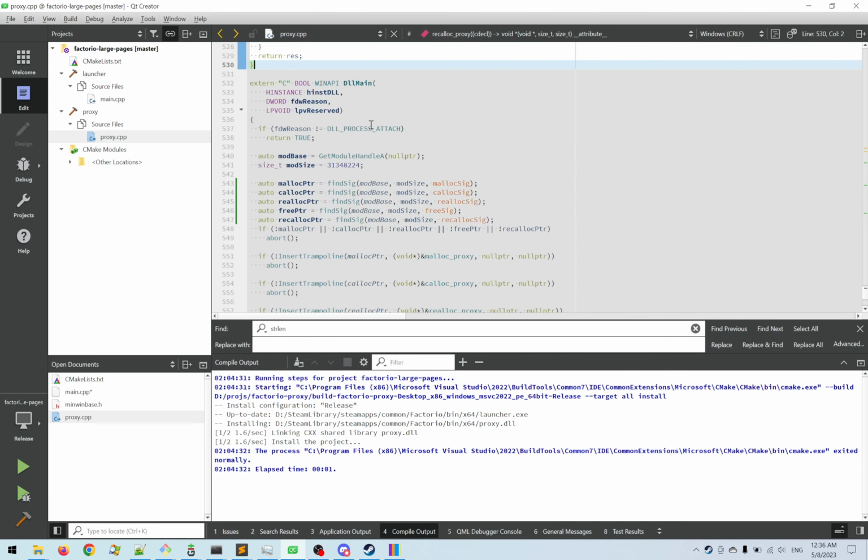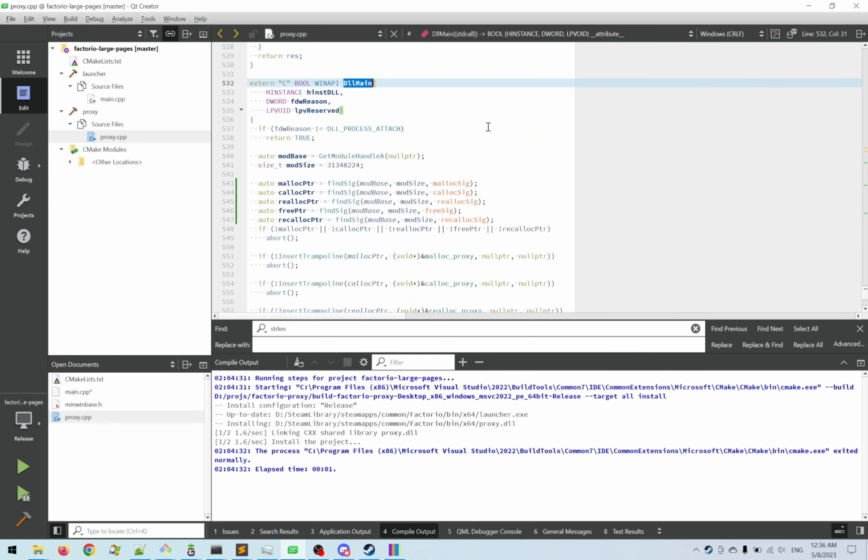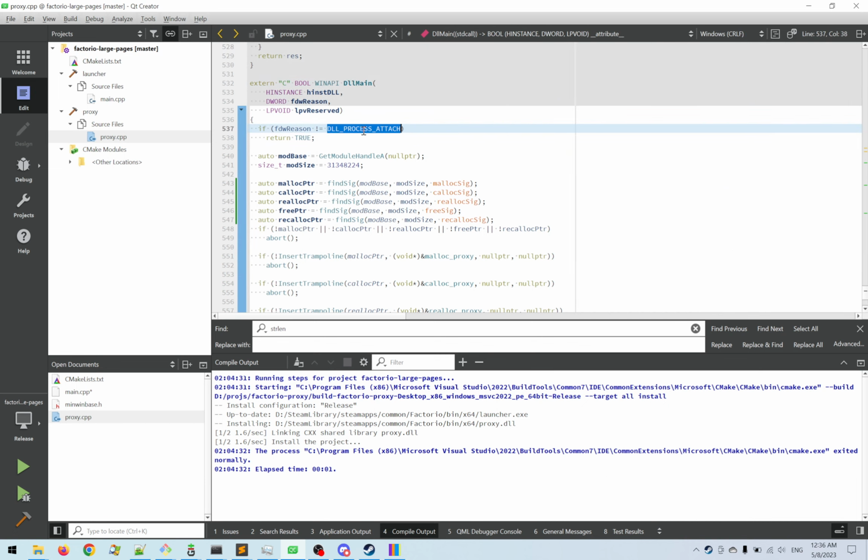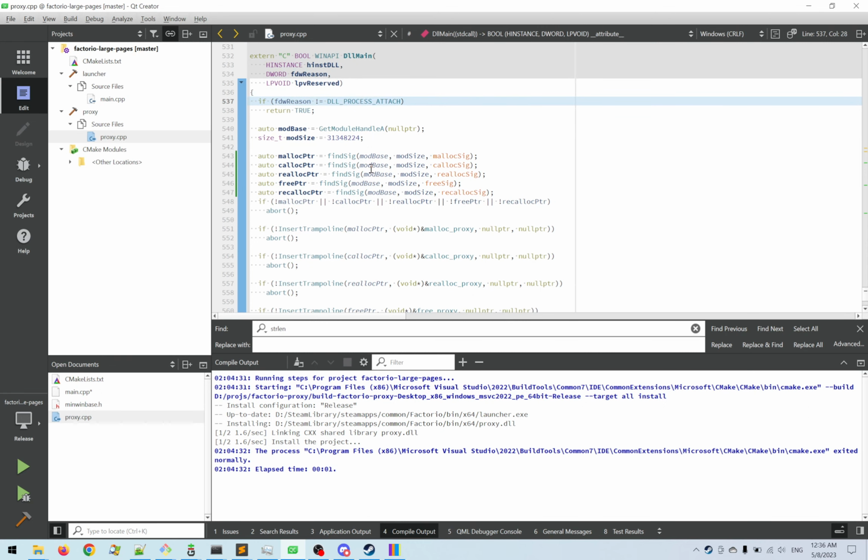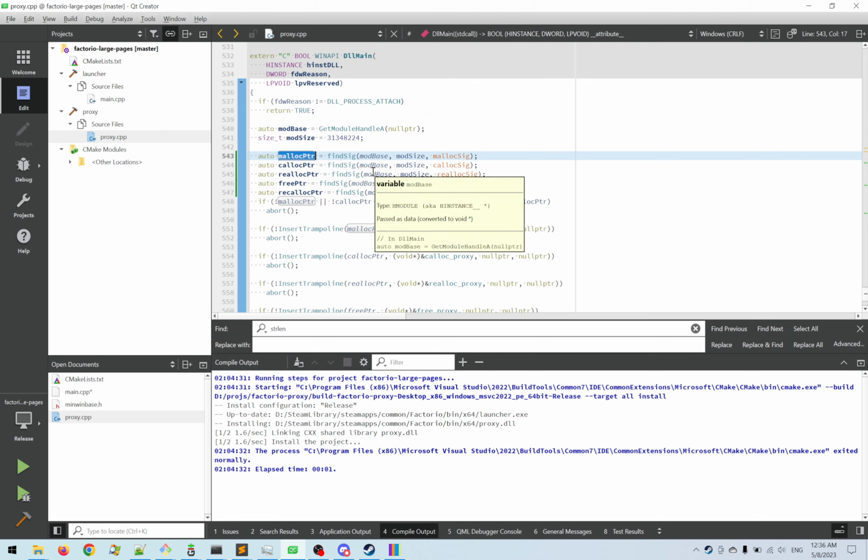So Windows DLLs have a special function called DllMain, which is called in different circumstances, but the only case we are interested in is when this library is actually loaded into the process. And in this code, basically we are replacing these allocation functions. It would be much easier if those functions